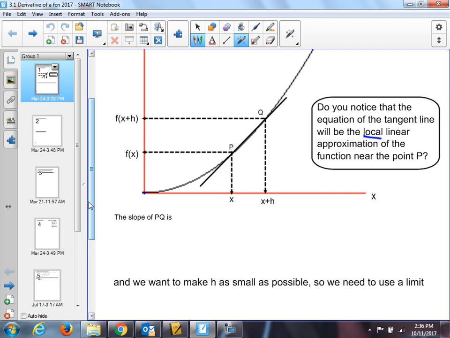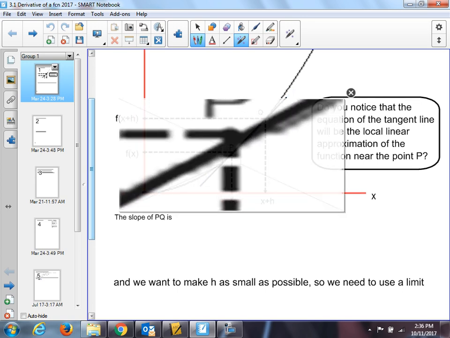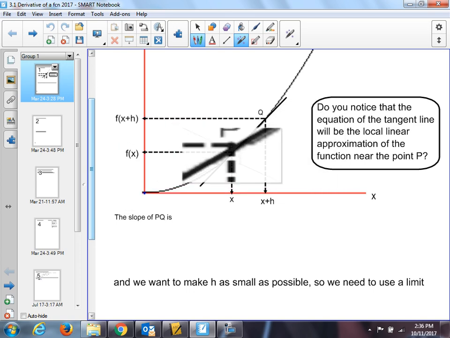So right here, this line that I have going from here to here, and I'm saying it's going to get close, Q is going to be close enough that it's going to be called the tangent line. That's basically the point P. It describes the area very close to P as a linear function. We'll be solving some problems using that fact later on, though. Now, the slope of PQ,